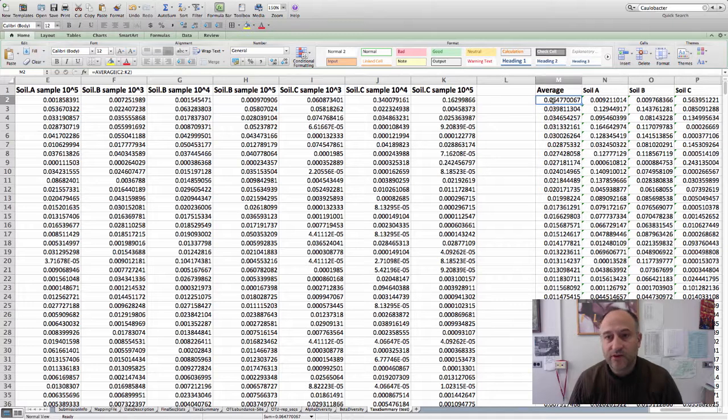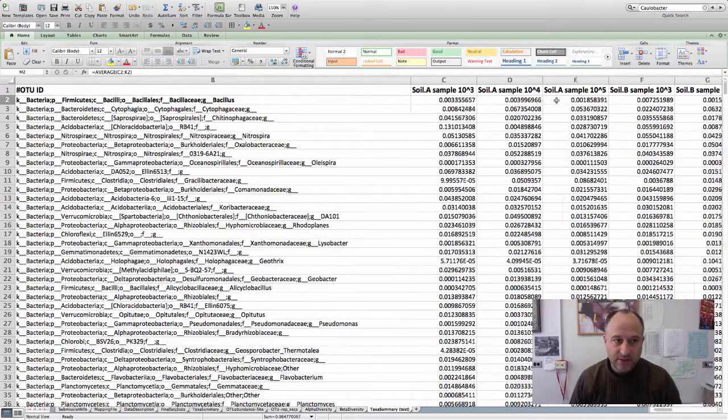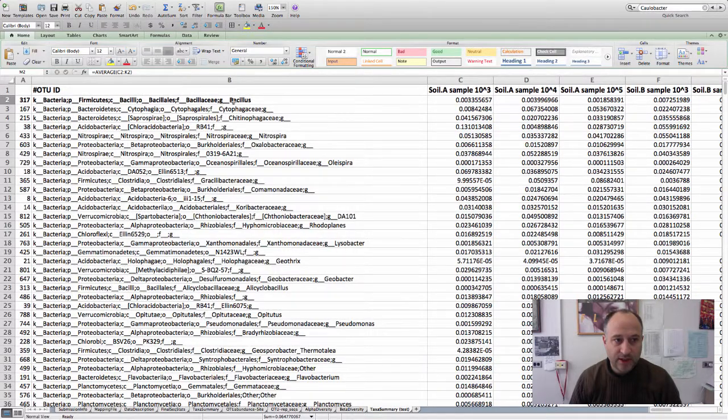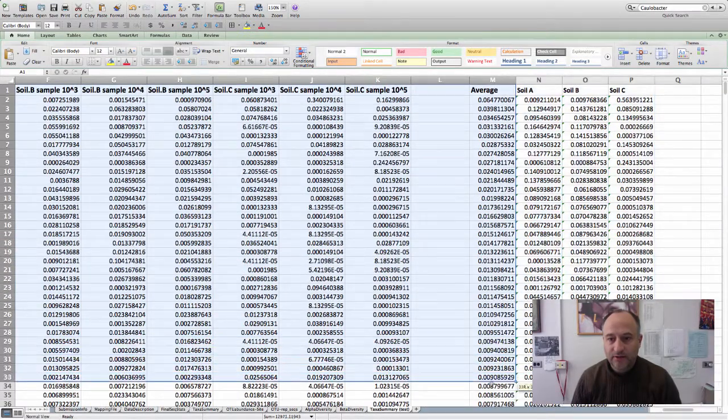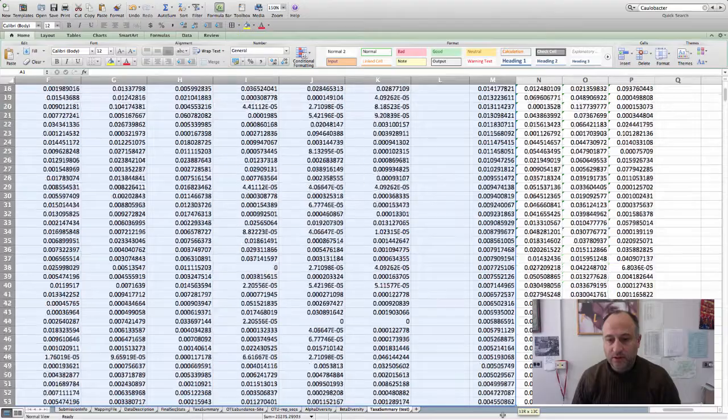Okay, so of course the average is going to sum up rows C2 through K2 and then divide by the number of entries, which would be 9. So if we take this average, this will tell us which ones are highly represented in the sample, and we can sort based on that. And let's just select everything up to average, and we'll go down,